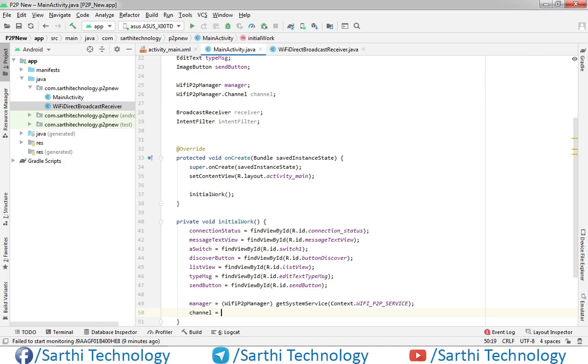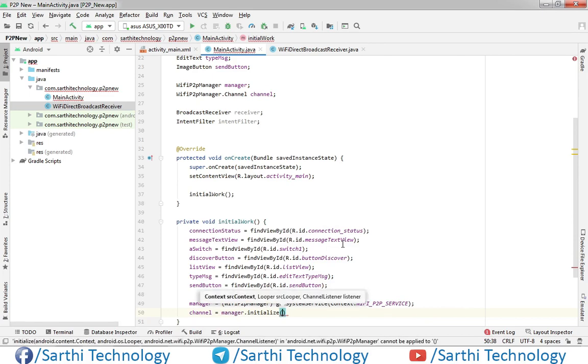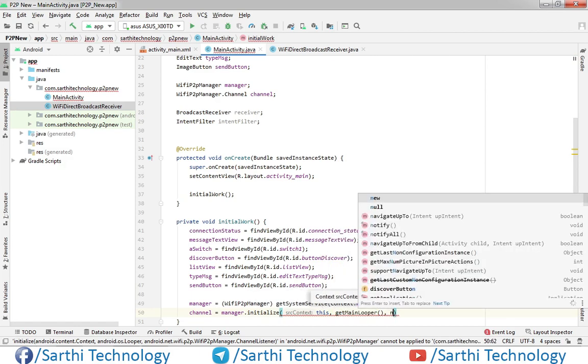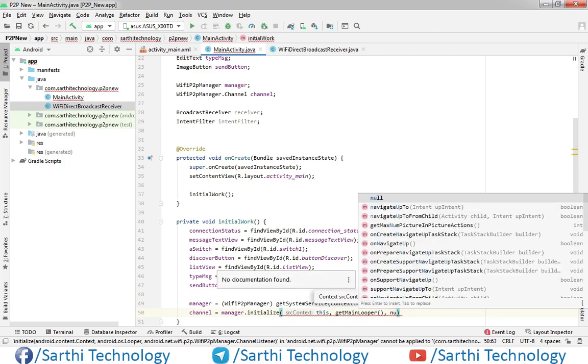Channel equal to manager dot initialize, first is this, get main looper and null. Okay,